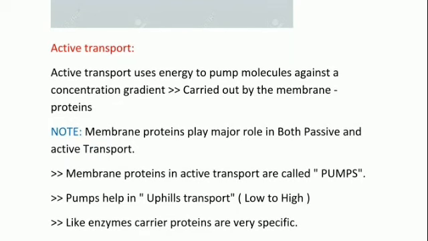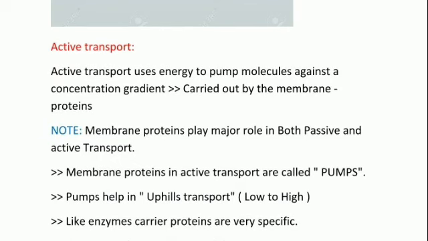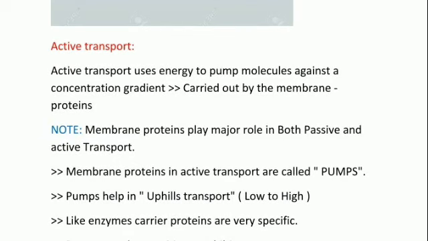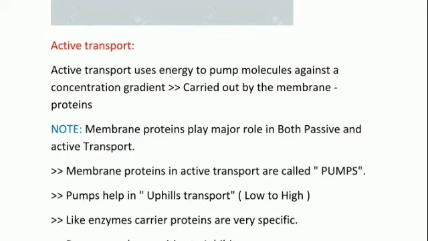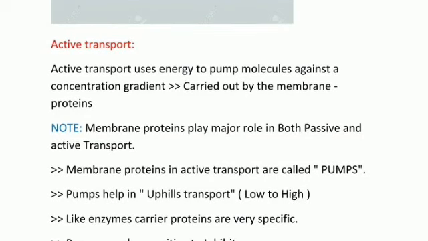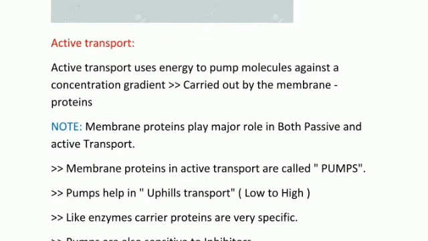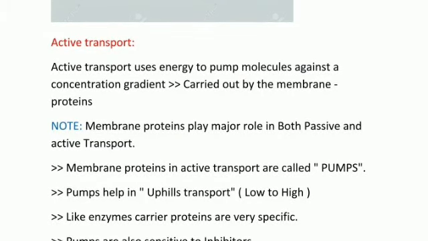One thing we have to remember is that membrane proteins play a major role in both passive transport and active transport. Already we know that membrane proteins are involved in facilitated diffusion, which is a passive transport, and again membrane proteins